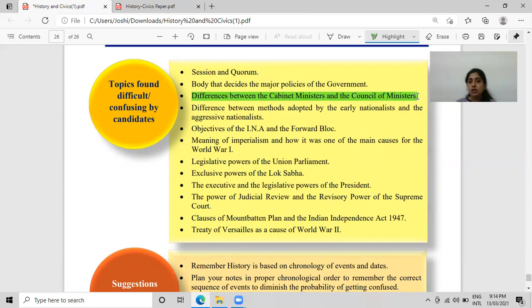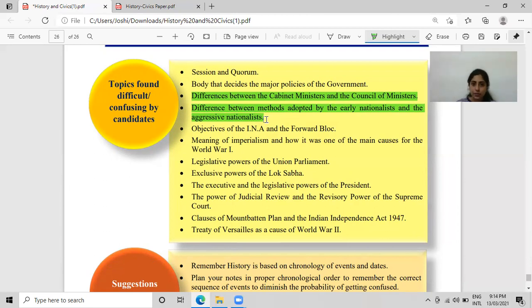Coming to the history part, the difference between the methods adopted by the early nationalists and the aggressive nationalists. This point asks us to concentrate on the chapter's first phase and second phase of the Indian national movement. The next is the objectives of INA and Forward Bloc. As per the scope of the revised syllabus, from the chapter INA and Forward Bloc, we are only going to